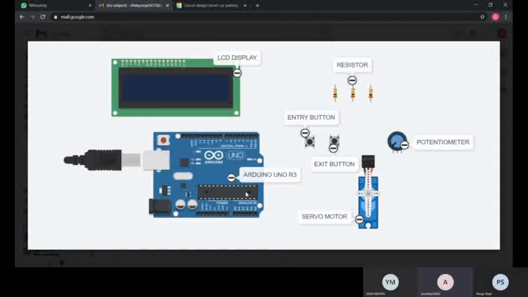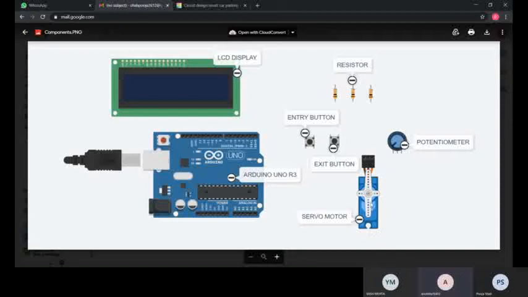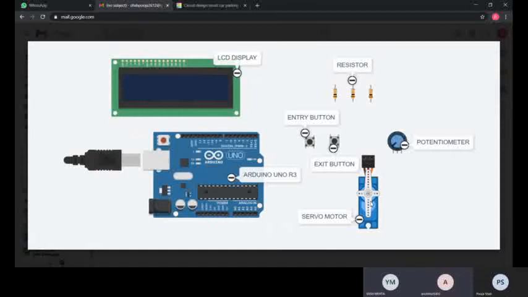The next component we have used is the servo motor. A servo motor is a small device that has an output shaft. This shaft can be positioned to specific angular positions by sending the servo a coded signal. As long as the coded signal exists on the input line, the servo will maintain the angular position of the shaft. If the coded signal changes, the angular position of the shaft changes. In practice, servos are used in radio controlled airplanes. They are also used in cars, puppets, and of course the robots.